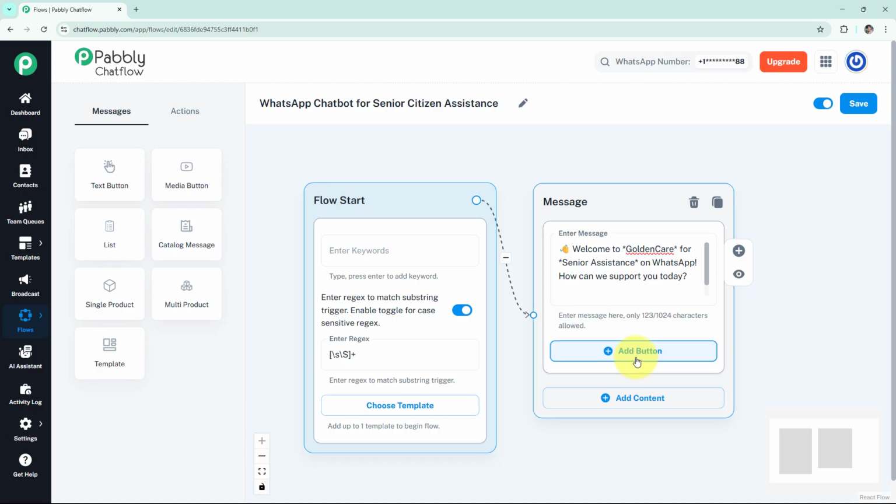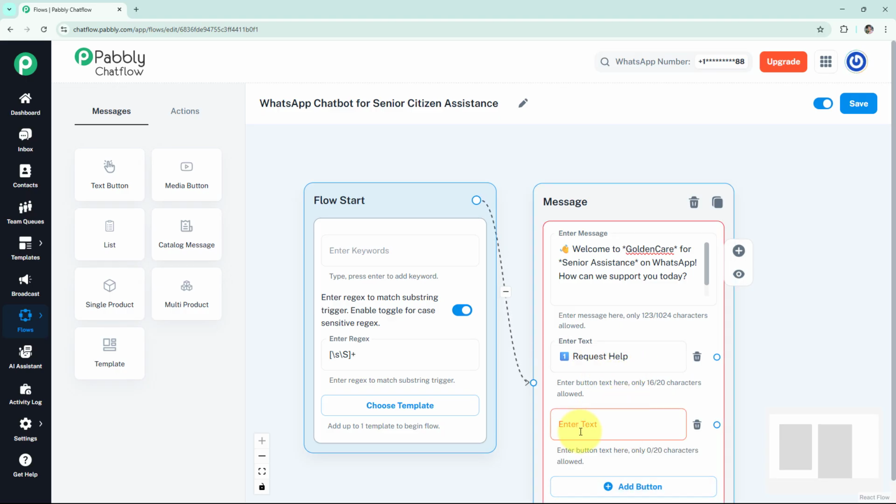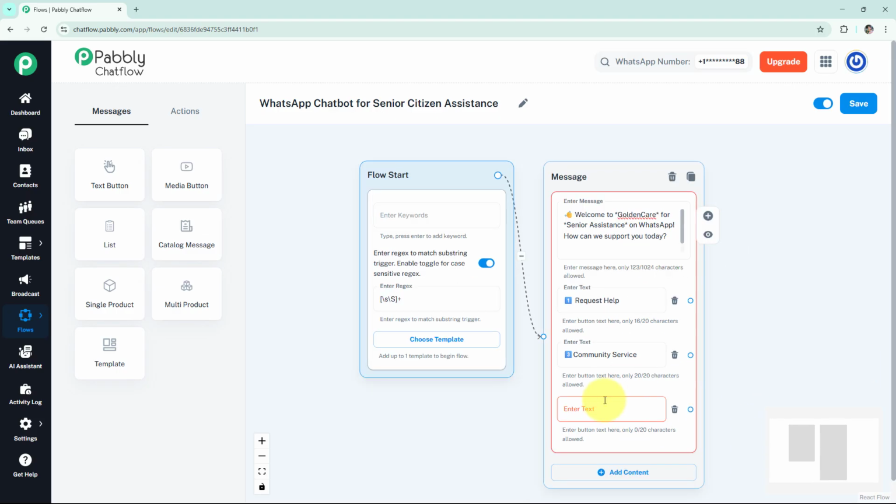Now with the help of this add button option, I am going to provide some quick reply options. So here I am going to add. First option is request help. I am going to add another option that says community service and lastly I am going to add another option that says talk to coordinator. So here I have created our first response